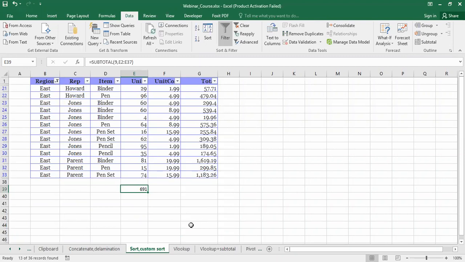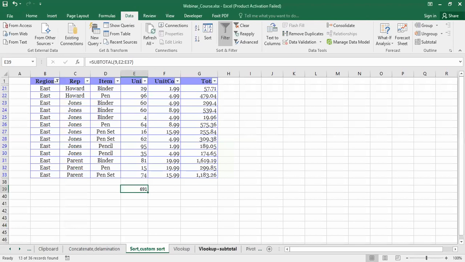So this is the power of subtotal. You must have used total and summation, but subtotal is not so popular. But it has very powerful strength that can be used in Excel to manipulate the data. So this is about the subtotal.